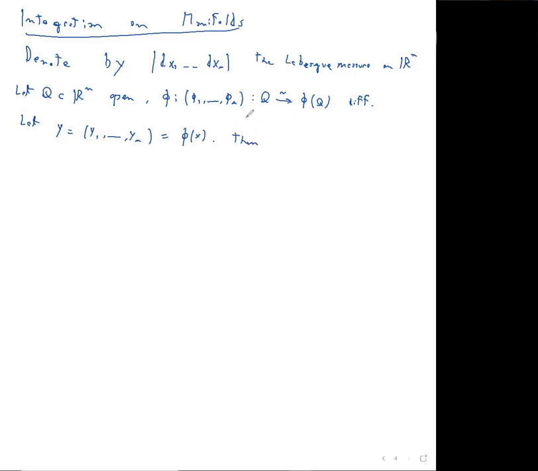So I'm just giving names to different coordinates, basically. So y's are the coordinates on phi of Q, and x are the coordinates on Q. Then for every f which is smooth, well, technically just integrable, but let's keep it smooth,